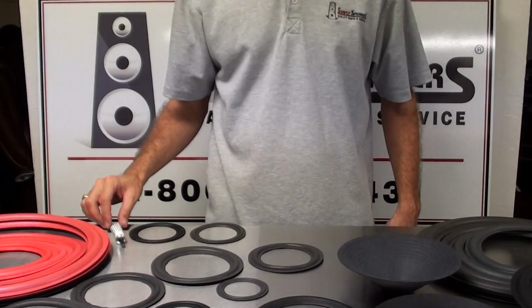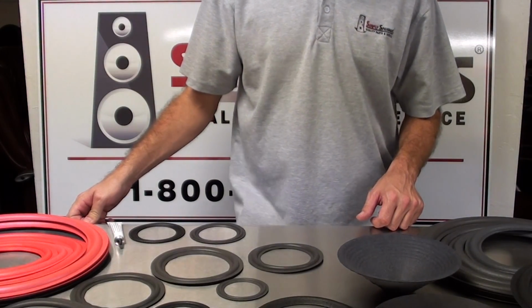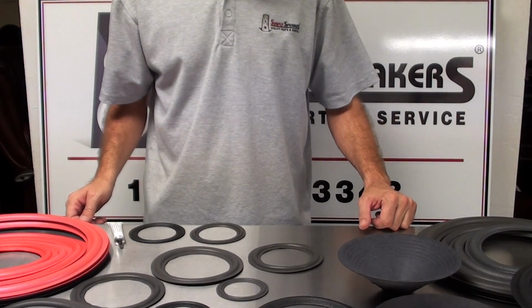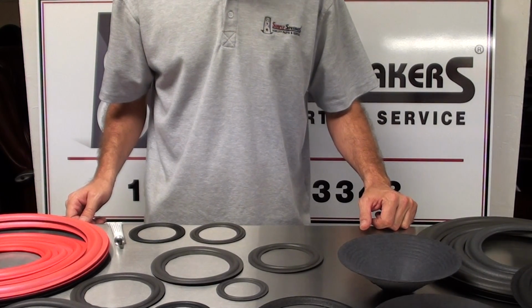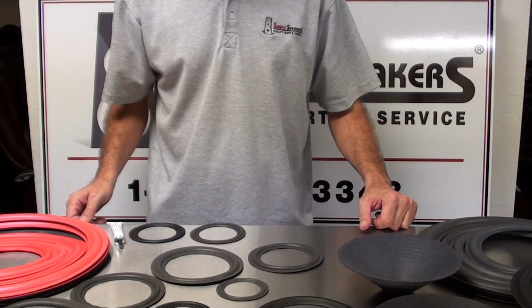Alright, today we're going to discuss and go over just some of the different foam edges that we carry here at the shop for our repairs, and that we sell to customers that want to do their own repairs at home. There's about 60 different types available, which cover just about everything out there for the speakers that we see or